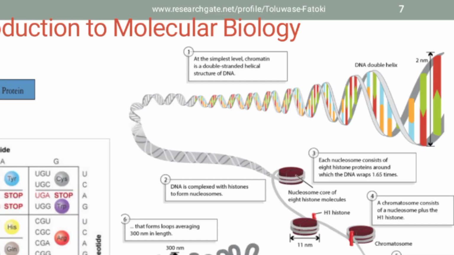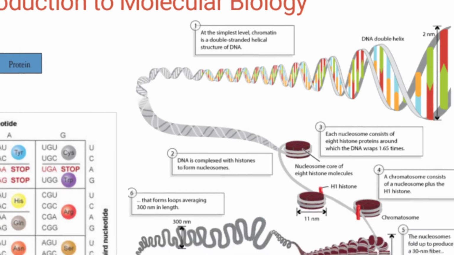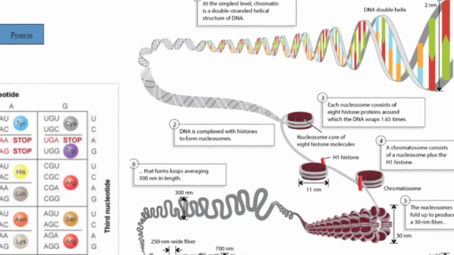As you can see, we have the DNA double helix, which is about 2 nanometers in width, and then it will form what we call the chromatin, and then it will form what we call a nucleosome, which consists of 8 histone proteins that wind around the DNA and wrap it